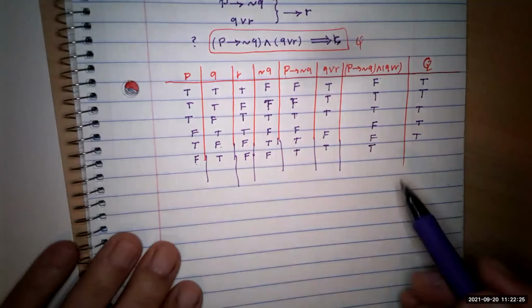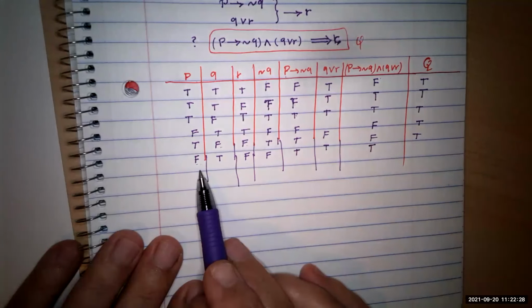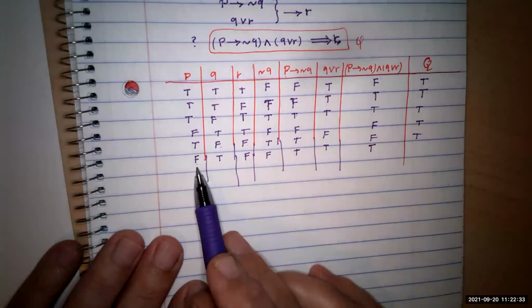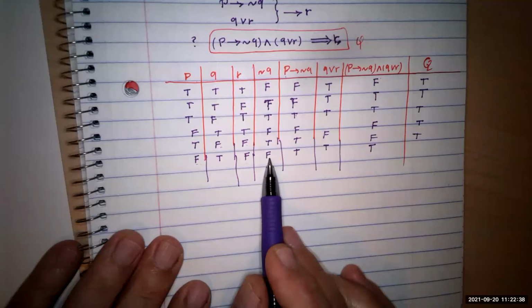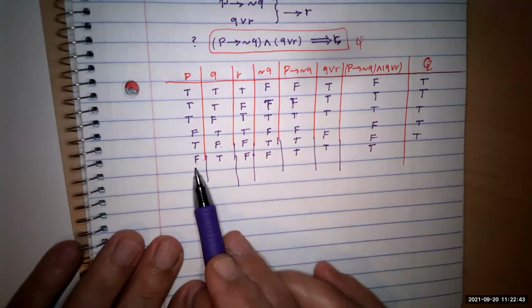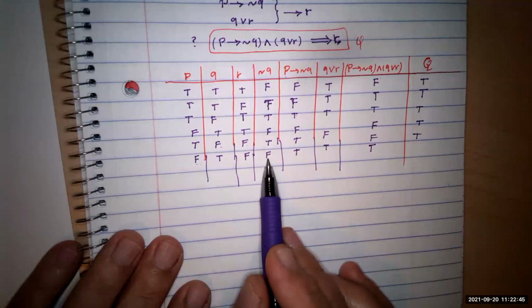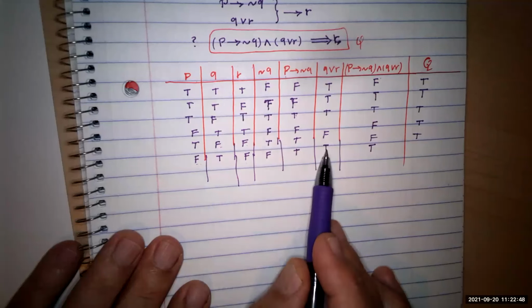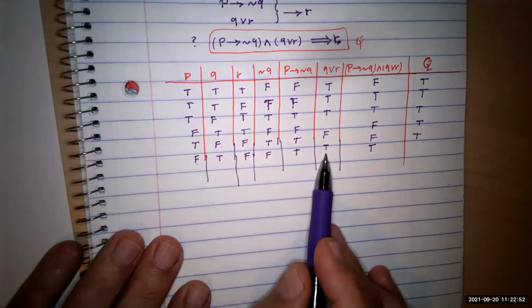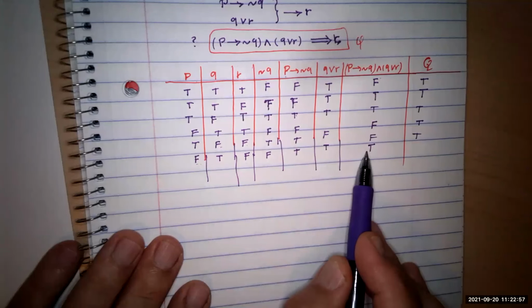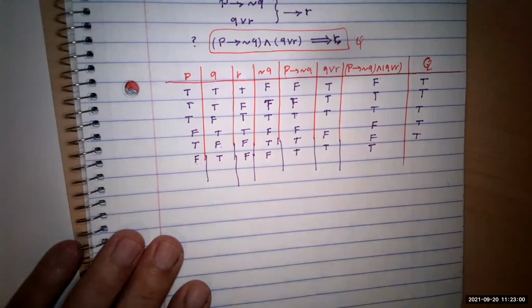All of them must be true. So I check it again. Didn't have this one before. So false, true, false. So the not Q would be false here. So P is false and the not Q is false. So this is going to be true. So Q or R over here is going to be true. So the combination of these two would be true. And then you resulted to the R